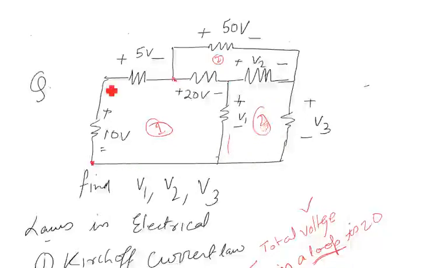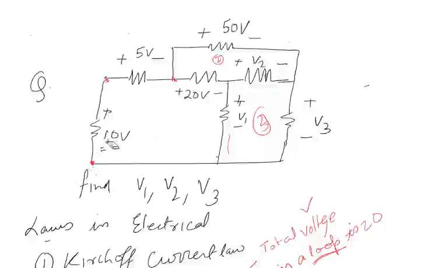You can have many loops here also. You can start from here, move from there, and move from there and come back here like this. So this is one of the loops. Whatever loop you are finding, you have to check which loop you want and which will be feasible for you. So it says that the total voltage around a loop will be equal to 0. Okay, total voltage. So let's start.